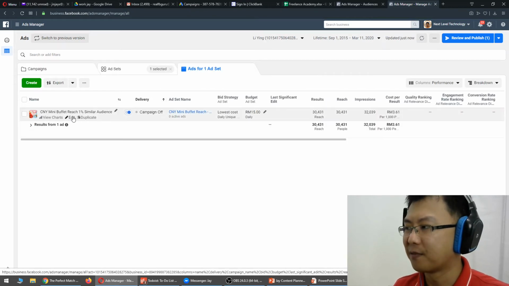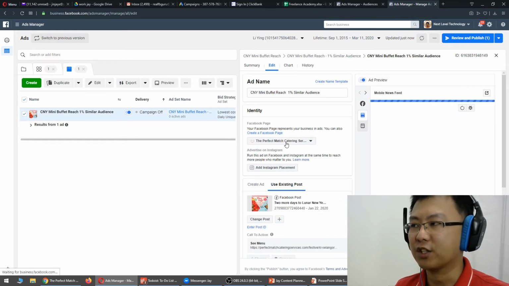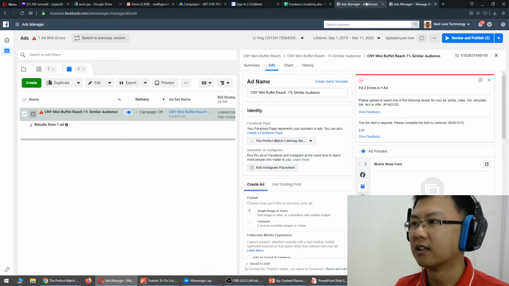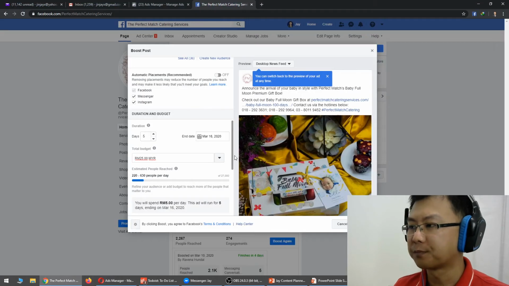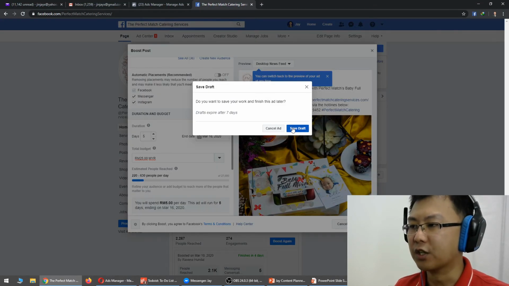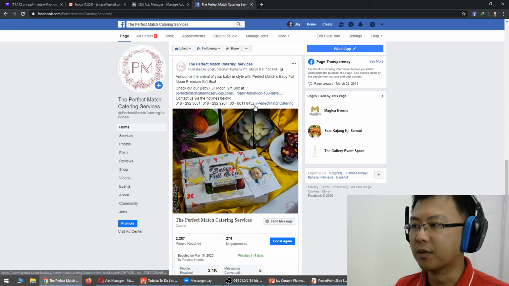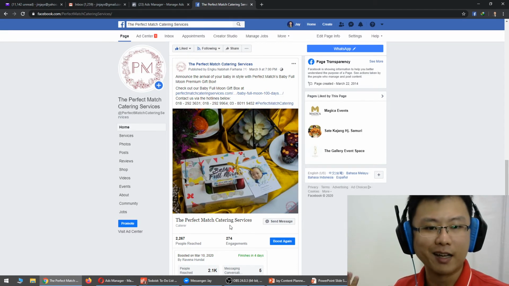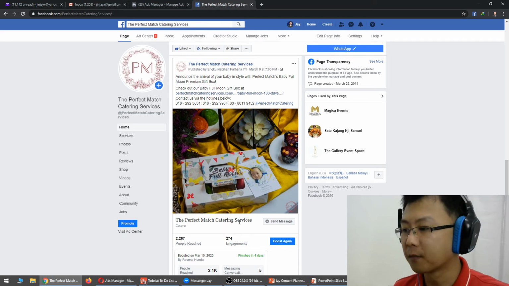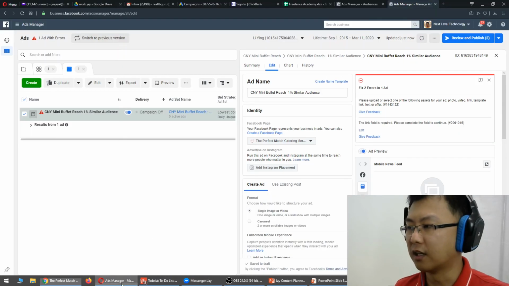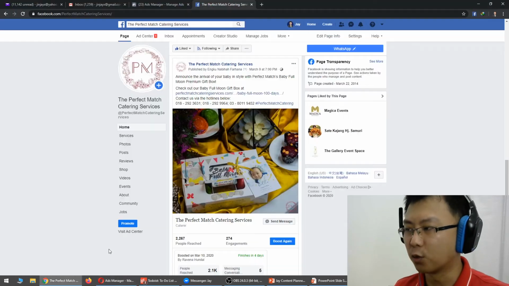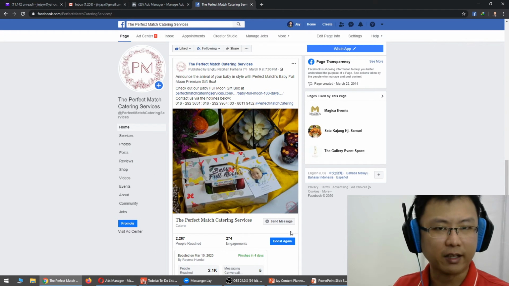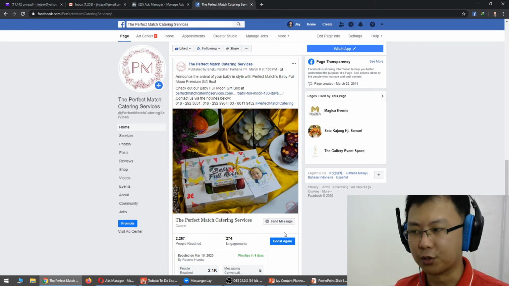And if you're using Facebook Ad Manager, you can create an ad exactly the way you want it. Because when you're posting on Facebook, there are some limitations. For example, if I want some specific words to be shown here, I do not have that option available to me if I'm using Boost Posts. But if you're using the Ad Manager, you can have your ad look exactly the way you want it to look. Alright, so those are the very tactical reasons why I do not want to use that.